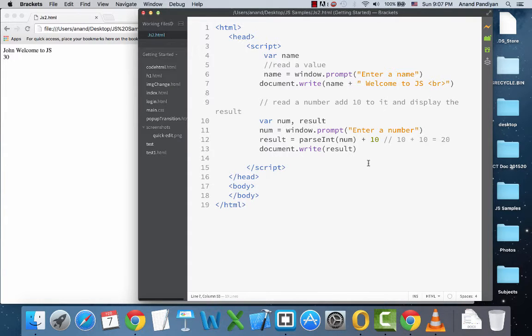window.prompt. Okay, let me give you a task, a challenge. Write a program that will read two numbers and display the